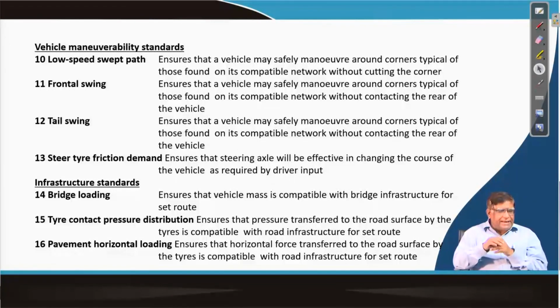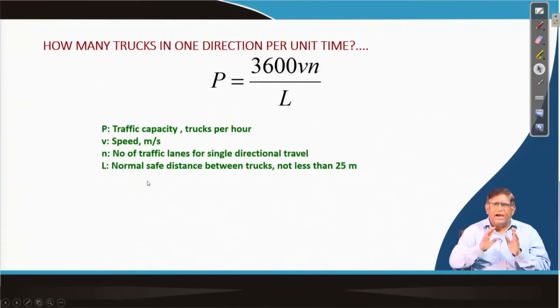Again, on the haul roads, what type of road you are getting matters. If the tires are sinking, if their penetration on the road is more, the performance will be different. That is why the overall road infrastructure developed in the mines will also have an effect. This way, some performance based standards are determined.